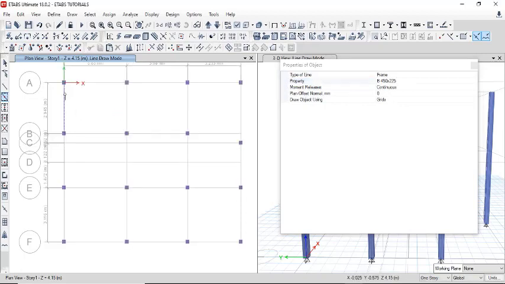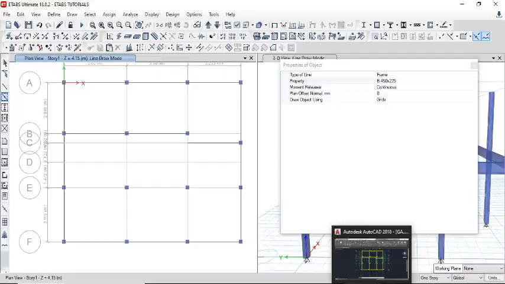So to model our beams, you have to select it this way, and you notice that when you are placing it this way, it may take longer time for you to model your structure. So all you have to do is to highlight from this intersection of the column down here, then leave your mouse button. Okay, then you do the same thing from here down to here, and then from here to here.